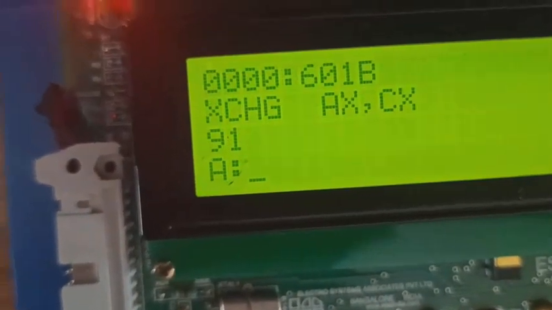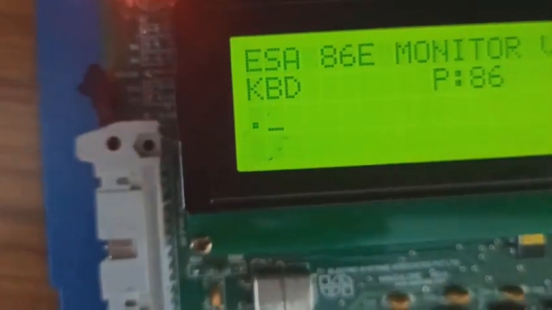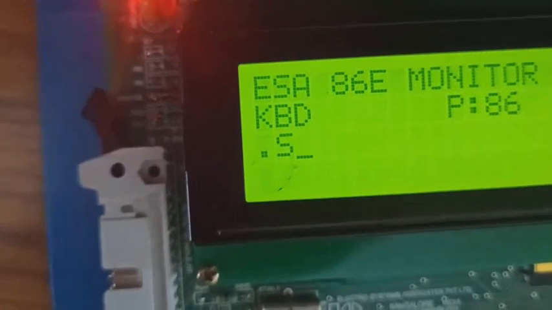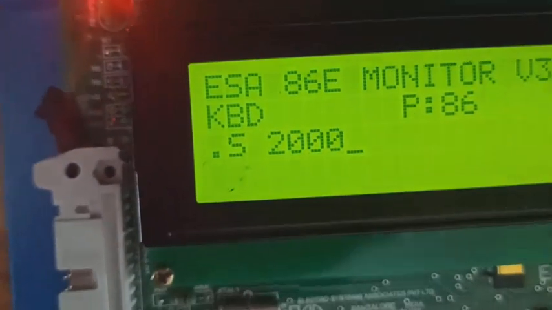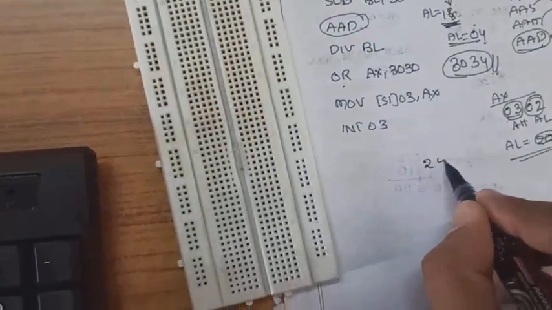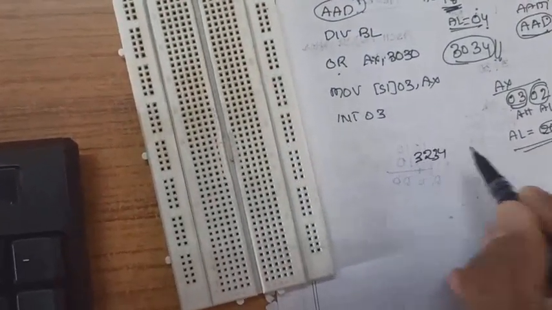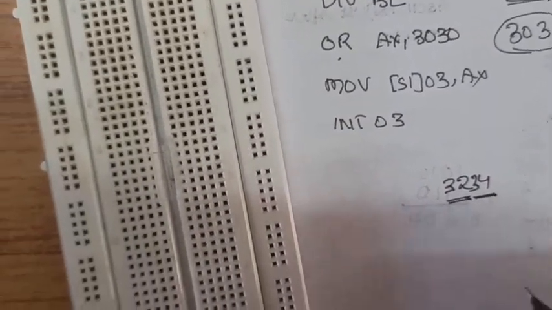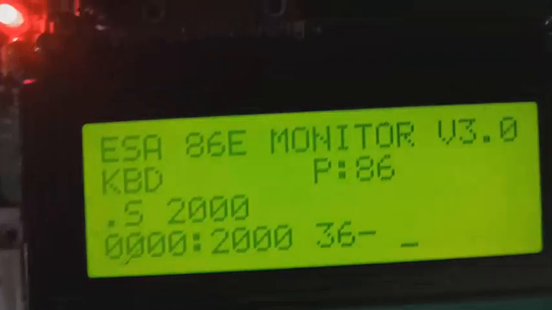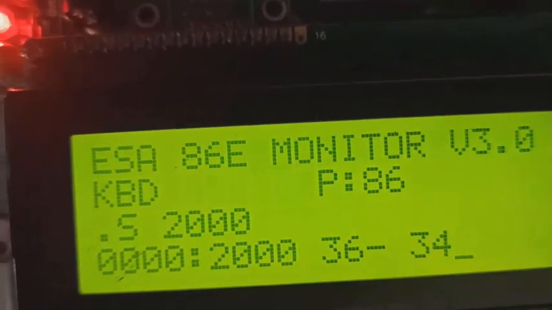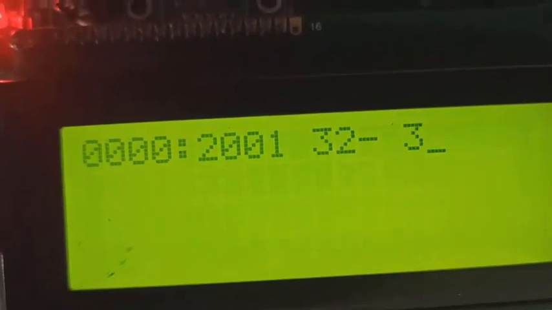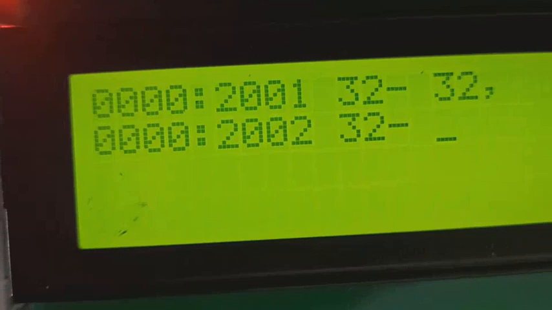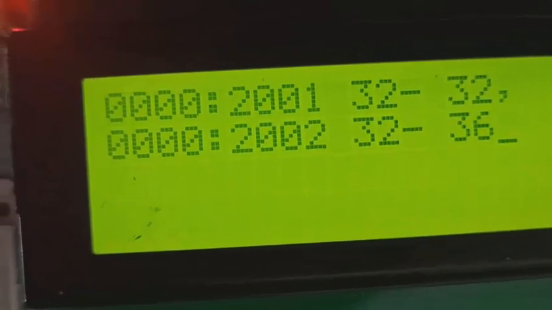This is the program. Now how to give inputs. So S 2000. If you are giving 24, that is nothing but 3234. The lower byte data is to be entered first, then the higher byte should be given. So I have to give first 34, comma 32, comma, and the divisor I want to give is 36.